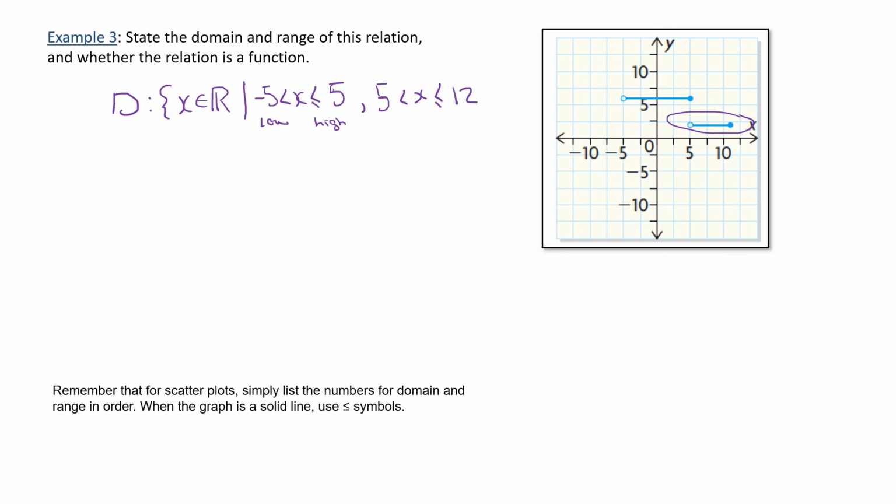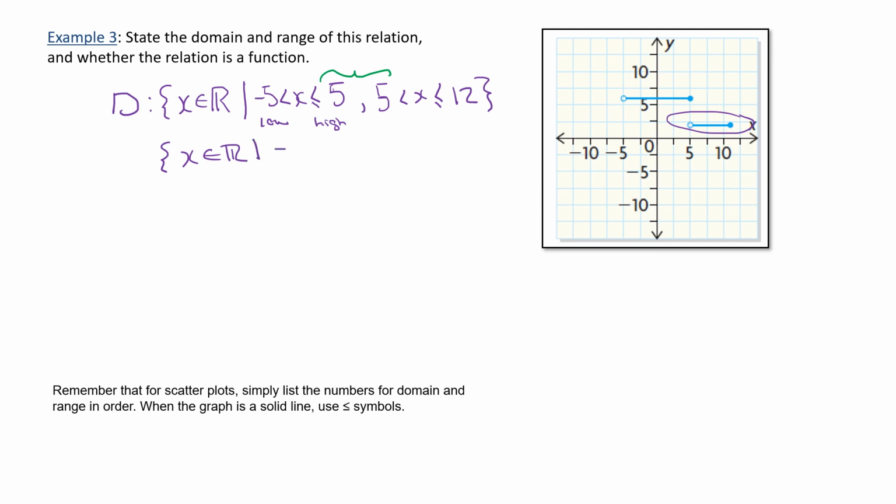Okay, so those are the two steps there, the two pieces. But when I look at my domain overall, instead of looking at it in two pieces, I want to look at it together as one. I can put them together because this is the same number here. I've got a 5 at both ends. So what I'm going to write, a more condensed way of writing this, is x is an element of real numbers